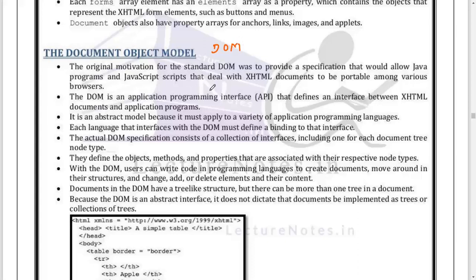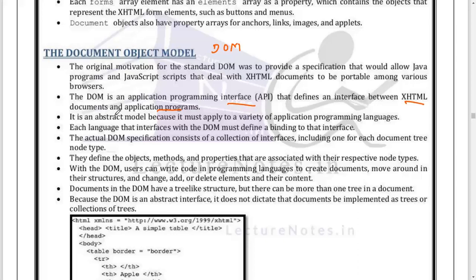The Document Object Model is basically an API, that is, an application program interface, which is used between the HTML and the application program. Between the current HTML document and the application program, we use some set of programs which is called an API, the application program interface.